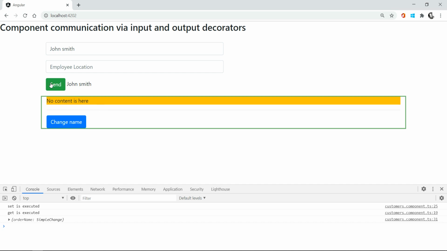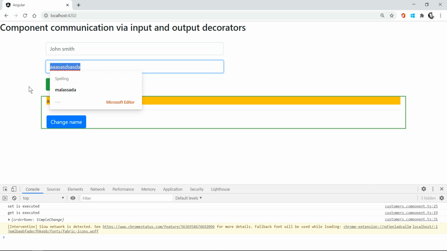That time I have to use the output decorator. Here I am passing some data. If I click send, right now no content is here, right? When I click on send, you can see the data here. How is it possible? Because of the output decorator.